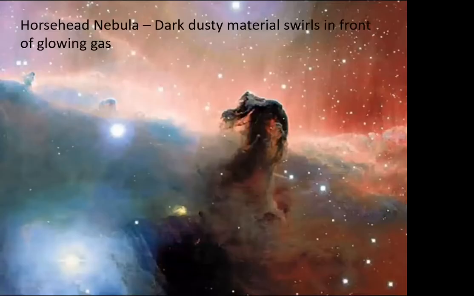Here's an intermediate kind of stage. This is the very famous Horsehead Nebula. And here we have another of these dark nebulae, these dark clouds, a bit like the Barnard 68, but a little more highly evolved. And one or two of these objects that we're seeing inside the dark material here are new solar systems just beginning to light up. Once they have been lit up for a while, the solar radiation tends to blow away most of the remaining gas and switch off the star forming process. But you can see how that's still fairly dense there in the Horsehead Nebula. A lot of dust there.